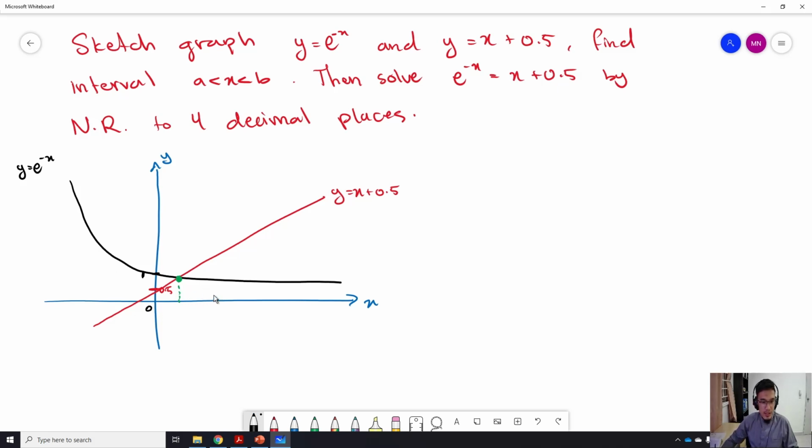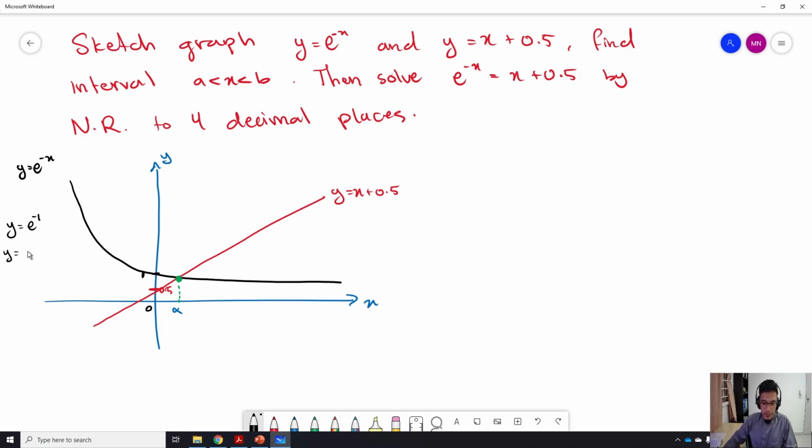But we don't know the right side of the interval. How do we find the right side of the interval? We determine the next integer, which is 1. So y will be equal to e to the power of negative 1. Use your calculator, then you will have